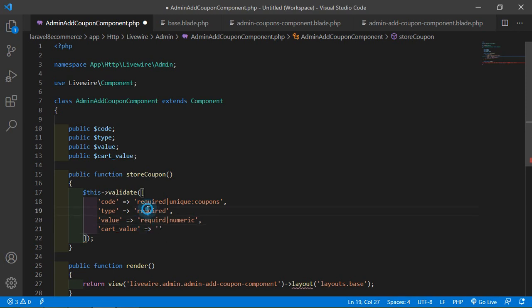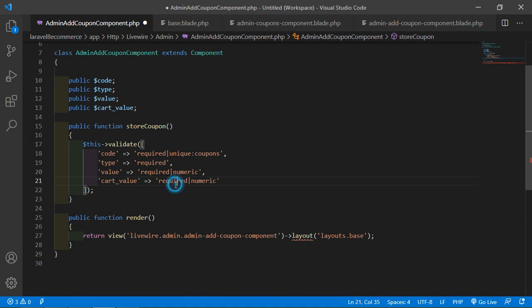Okay, spelling mistake here, numeric, coupon. Okay, required pipe sign numeric. All right, and after this validation,